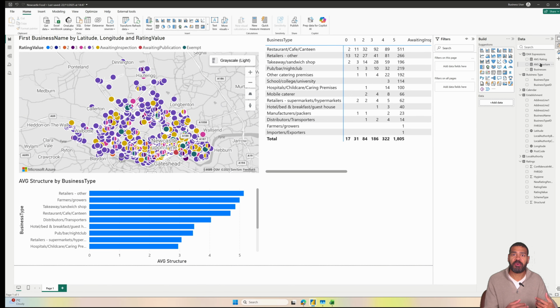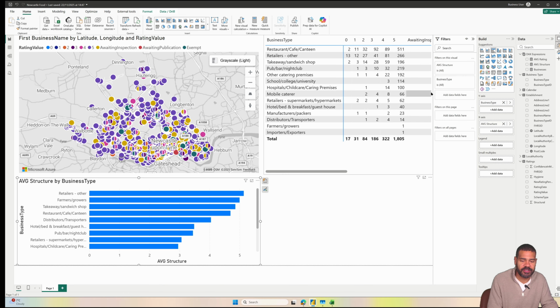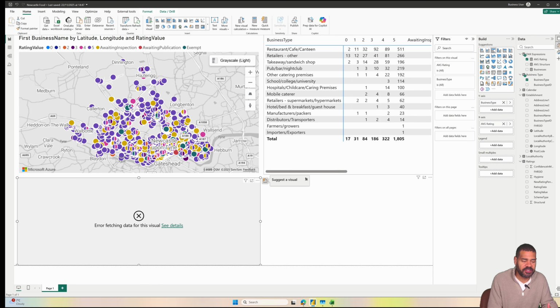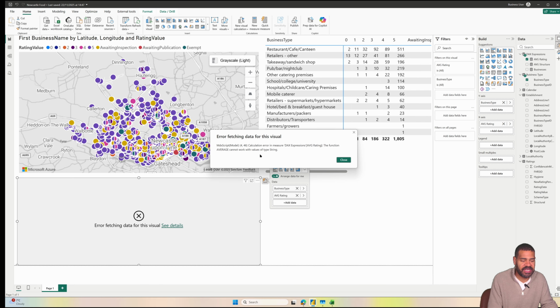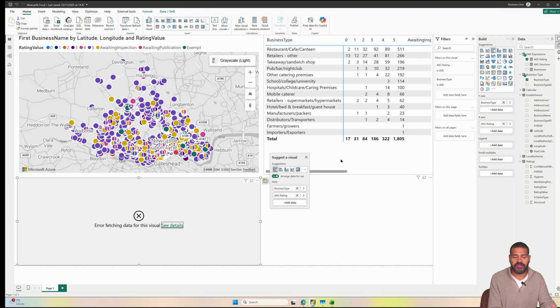This is one of those reasons where we need to go back and revisit our model, because we need something else that will give it an average number that it can use. If we brought average ratings in here, let's move structural, let's bring in ratings, we get an error. We can look into the error and see it doesn't work because the average is of string values. So we need to work out how to give it an integer value set that it could then use to evaluate. The easiest way would be to definitely have ratings as a separate